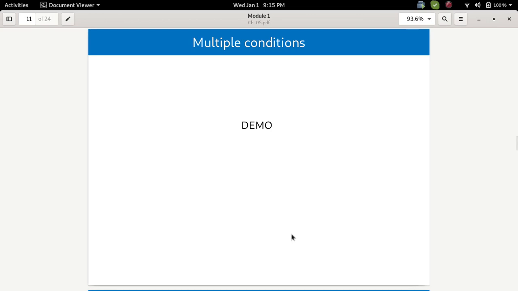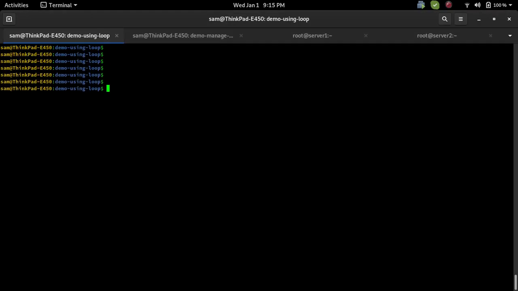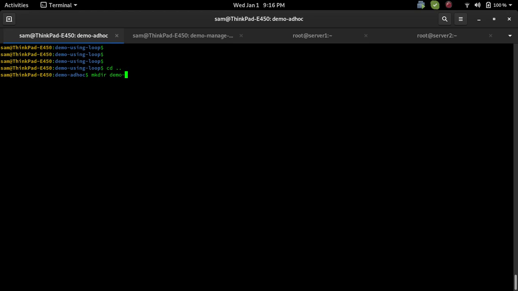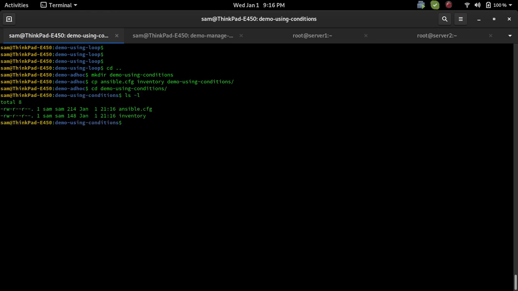So let's have one demo of how we do this. For example, I'm taking one example here. Let me set up a DB server where I need to install multiple files and multiple packages and so on. So let me create a directory. I'm coming back here, mkdir demo using conditions, copy the ansible config as well as the inventory file into this location, cd to this location. Okay, now